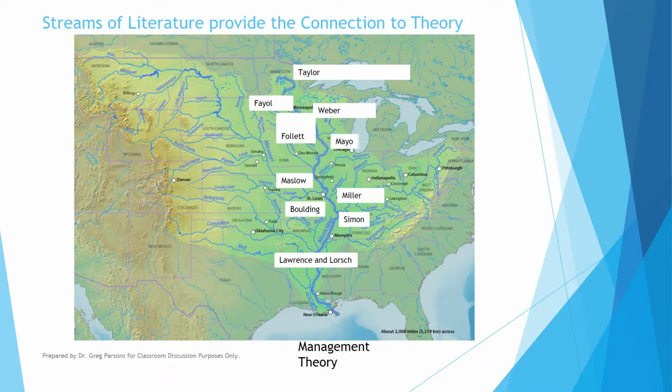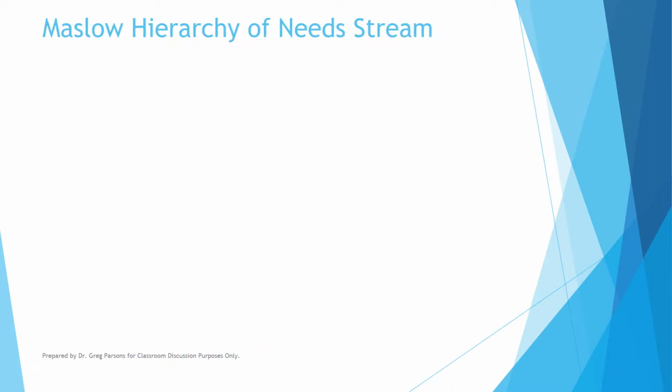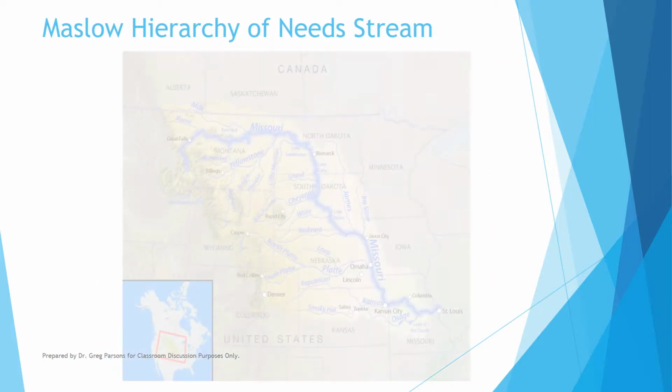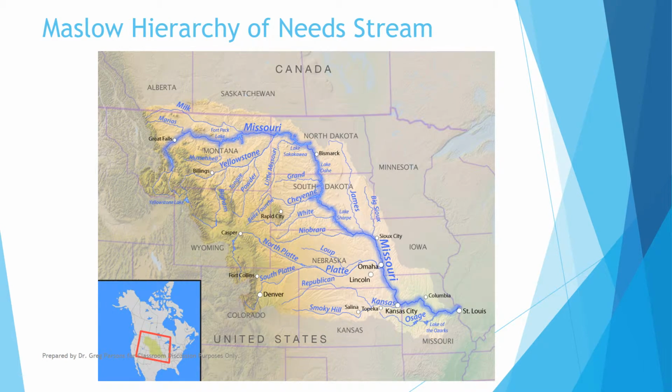If we tried to take the entire field and study it, it would just be too huge. So we have to focus in. Over a period of time, as more and more people contribute to a particular field, they start drawing in ideas from various areas. For example, Maslow, with his hierarchy of needs, established a tributary feeding into the field of management. He proposed that certain needs need to be met before other needs become motivators. People need to feel like they can survive and that they have something to eat before you can motivate them with something else. And this led